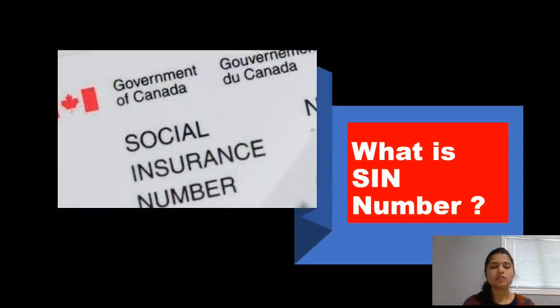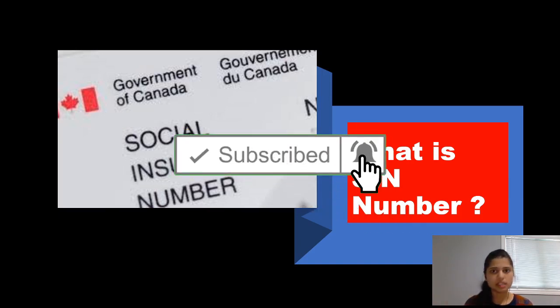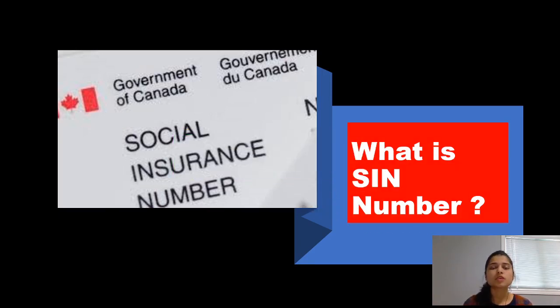So first of all, we are going to talk about what is a SIN number. A SIN number is basically a unique number that is given to you. It would be a 9-digit number and it is also referred to as Social Insurance Number. Now, this gives access to government benefits and every service that they are providing. So this number will be very important for you. Also make sure that this number is unique, so it means that only you can access it legally and no one else should use that number.